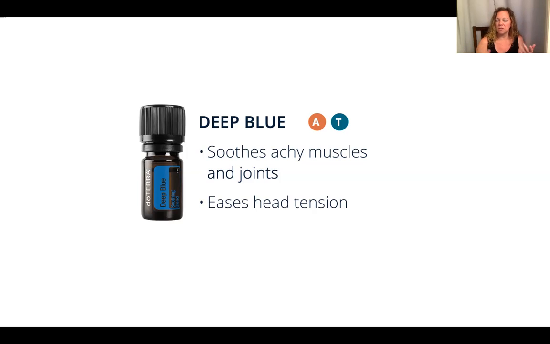Avocado oil, grapeseed oil, any of those kind of oils can help dilute the essential oil if you've gotten too much on your skin. You just have to be careful with some of these oils, like Deep Blue. You don't want to do anything like go to the bathroom afterwards without trying to rinse it off first. You'll learn the hard way. It's a little tingly. Another thing you can do if you do end up with too much and it's just too tingly is milk can often help.